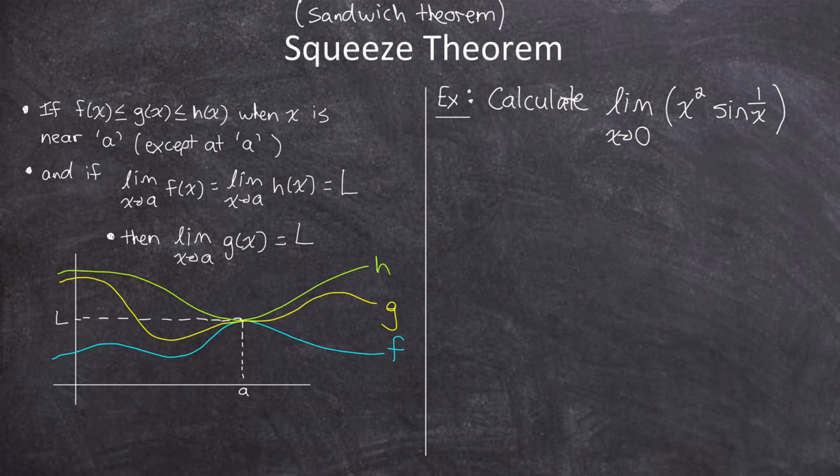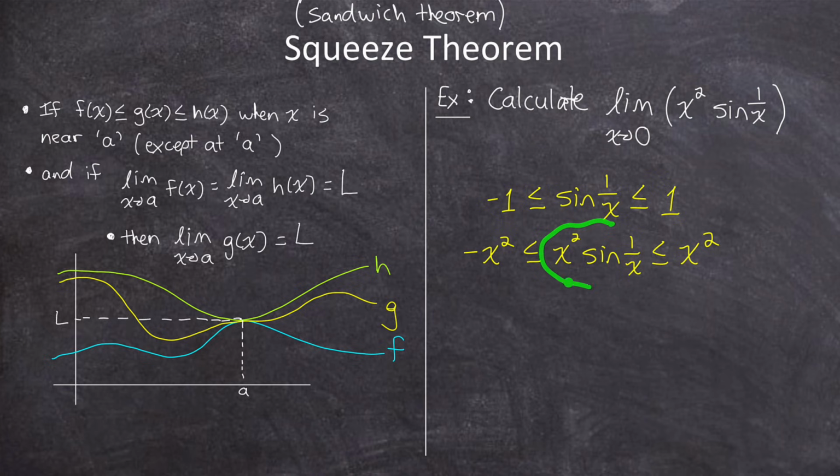And how I would do that is I would start by looking at the sine of 1 over x function. Well, sine of any argument is always going to be some value between negative 1 and 1 inclusive, which means sine of 1 over x is always going to be greater than or equal to negative 1, but less than or equal to 1. But this function in the middle, I actually want it to be x squared times sine of 1 over x. So let me multiply all 3 parts of this inequality by x squared. And now I can see that this x squared times sine of 1 over x function is always